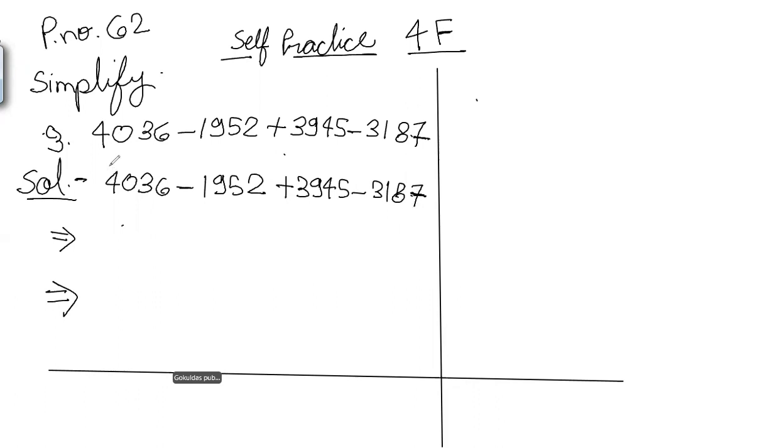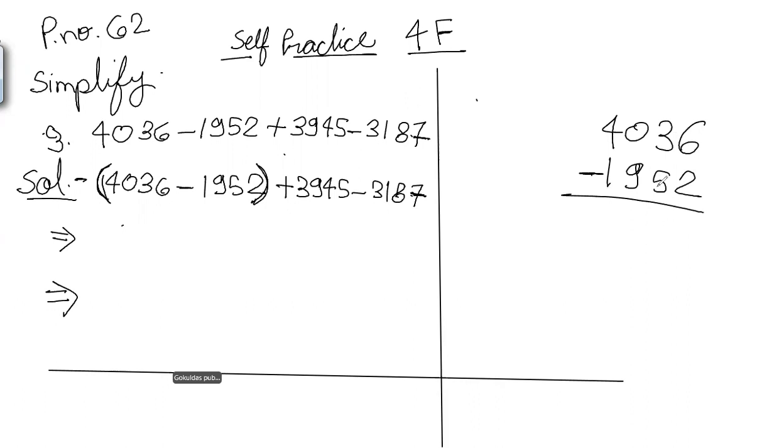Okay. Now we will solve two numbers. So put a bracket before the first number and close the bracket after the second number. Now solve with this bracket in rough work. Arrange both the numbers column wise and apply the operation. Here minus sign is there, so we will perform subtraction. 6 minus 2. We always perform subtraction from one's column. So 6 minus 2 is